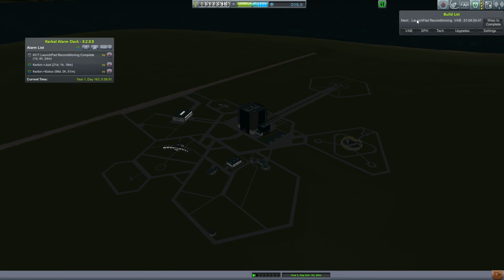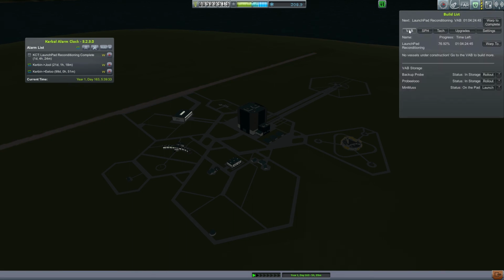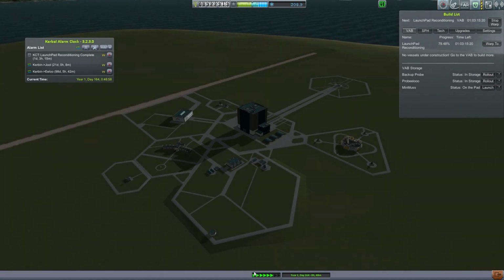Oh, we need to... Do we need to recondition the launch pad? No, we need to launch from it. Let's actually warp until daylight, because, you know, that's the nice time to launch, because then you guys can get to watch. Right, we're not going to build anything new, because I want something with more Delta V, nicer stuff with new technology, so... And we have 3 things ready to launch, so...